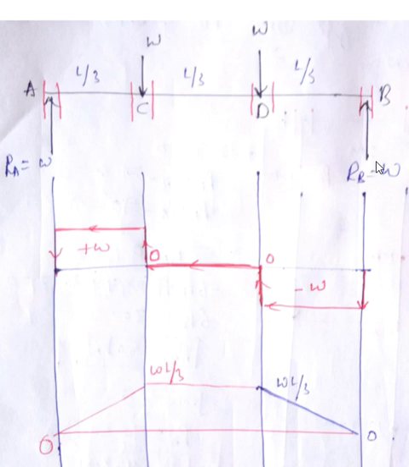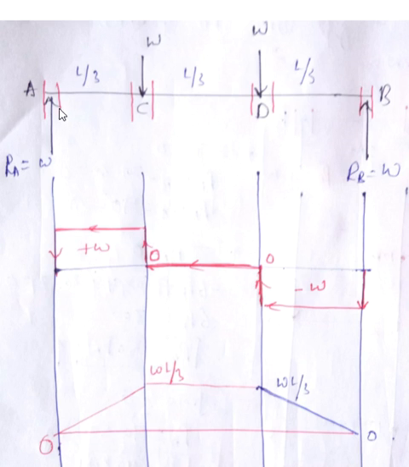One is this, which is upward, minus W. This is plus W, downward, and this is plus W. Plus W plus W is 2W, minus W, so it will become plus W. So from 0 onwards, for this section it will move to plus W. From this section to this section there is no additional force on the right hand side, so the same force will come till this point, plus W.